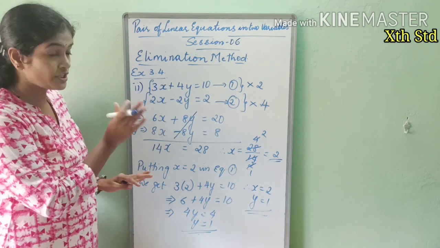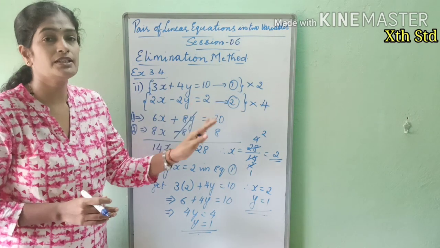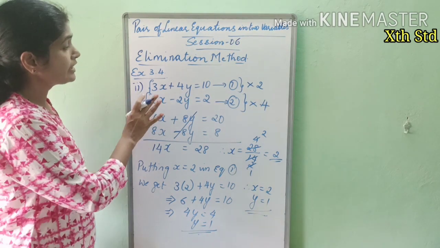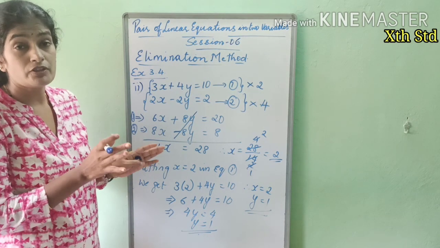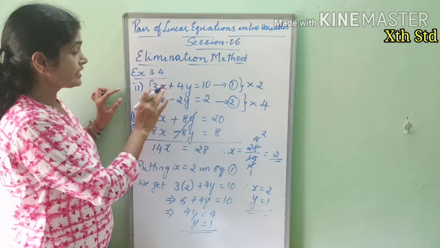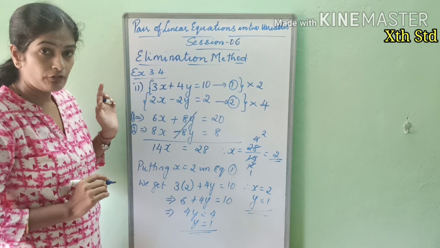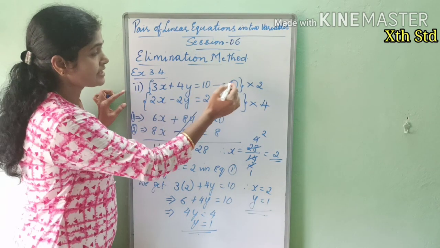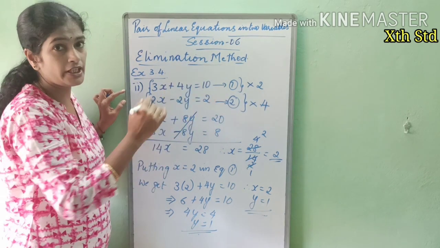Okay. Now if you just compare this with your substitution method, I think you feel the elimination method is comparatively easier. Only thing, you should be careful in making the coefficients of the variable which you have decided to eliminate the same. Now what I said, this is one way of making the coefficients of the variable which you want to eliminate the same: just by multiplying it by the coefficient of the other equation.